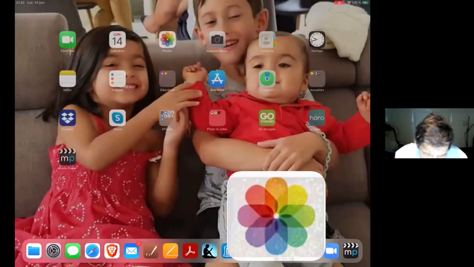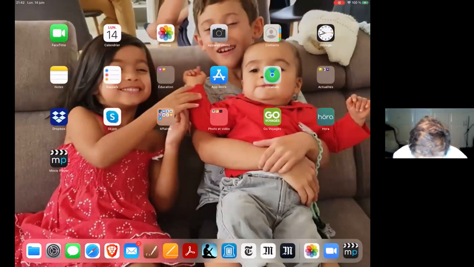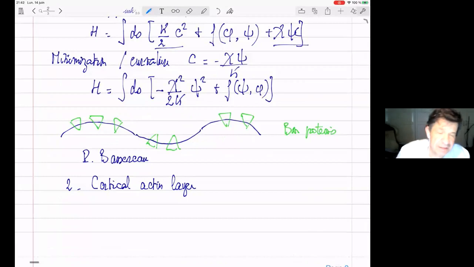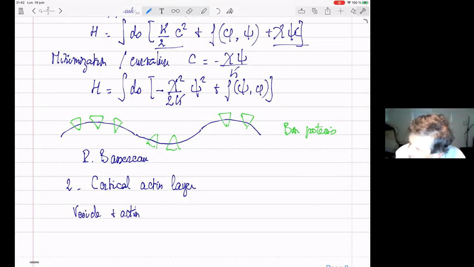Now, what I will do is I'll talk about them in 2 steps. And the first step, I just want to show you another type of experiments, which are vesicles, so the same one that I showed you earlier, plus actin. Now in the cell, the actin is inside the cell, below the membrane, in the image that I showed you. The experiment that was done by Cécile Sykes at Institut Curie, she took a membrane, she put actin filaments on top of the membrane, and she looked at the deformation of the vesicle because of that.